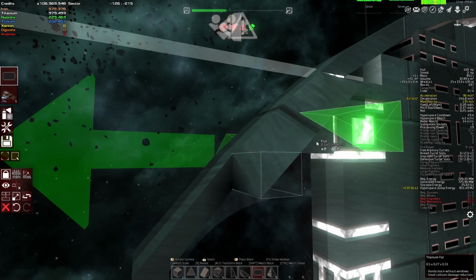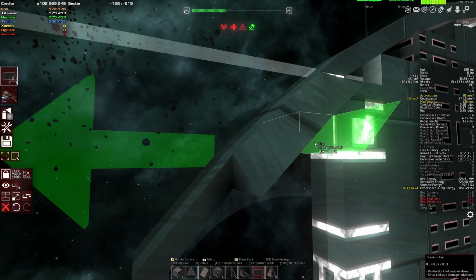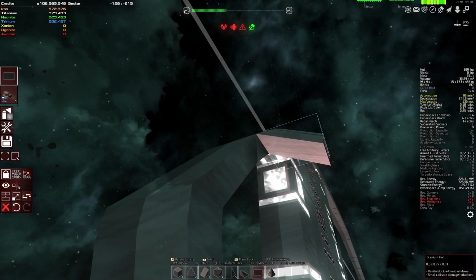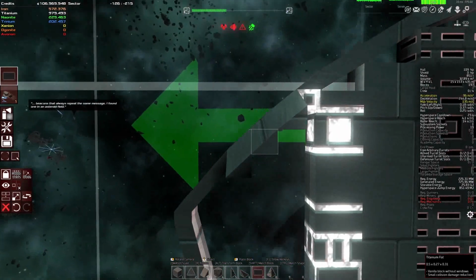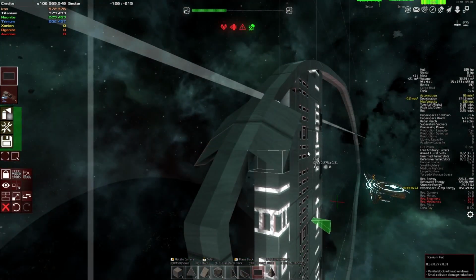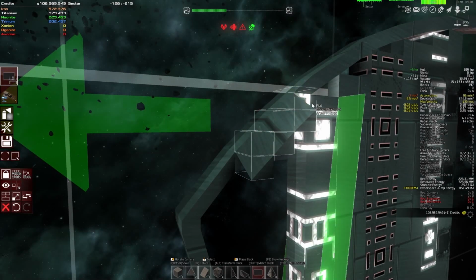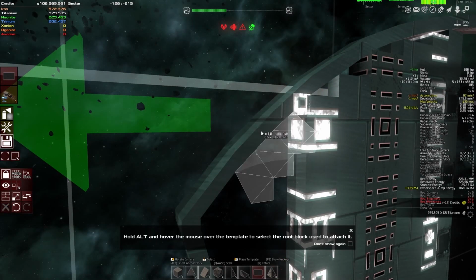So if I don't want to remove this one, I can just copy this one, hold my mouse on an empty spot, Control V, and then go back on this one, hold Alt, press R once, and then place it. And it has transformed to the shape I want. Right, back to it. I'm copying all of them, removing them,